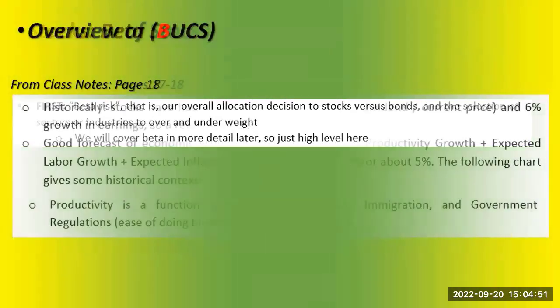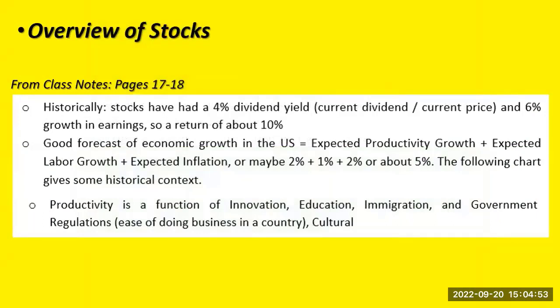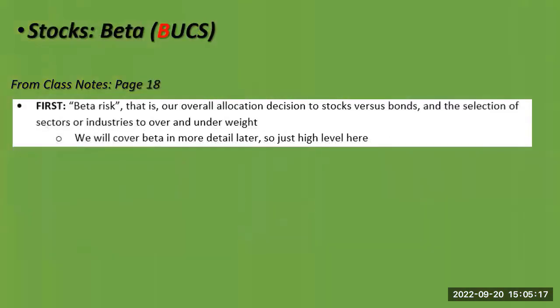All right, so there's your intro to stocks. A stock is an ownership in a company. You're going to share in the success and failure of the company. Ultimately, it's the dividend yield plus earnings growth. Earnings growth for the overall stock market is going to be tied to the economy. Economic growth comes from productivity, labor, and inflation. That's how you understand the stocks. Pretty simple, pretty easy, but not very simple. It's not easy to understand. Now let's get into the details of the stock market, unless y'all have comments, questions.